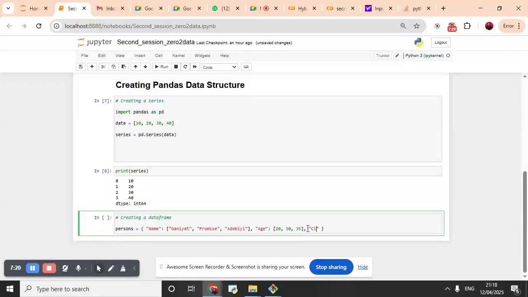So if I say city, I have to put column again, and then what do I want to put in that column? Maybe let me say Lagos. So for me now, I want to say the first city is Lagos. That city belongs to who? Ganiat, because that's the first city that I'm declaring. So if I want to declare the city, because now I want to call it Lagos, right? Because of the format of Lagos, it means that